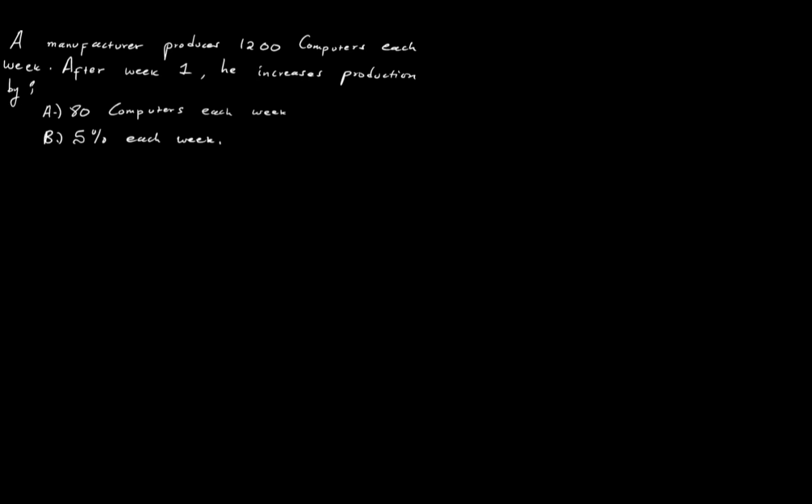So we have this type of question that says a manufacturer produces 1,200 computers each week. Now, after week 1, he increases production by, in the first place, 80 computers each week. The second is saying 5% each week. Now, these two conditions provide different types of solutions depending on the way a question can be phrased. Let's look at a question that would say this. First question would say,